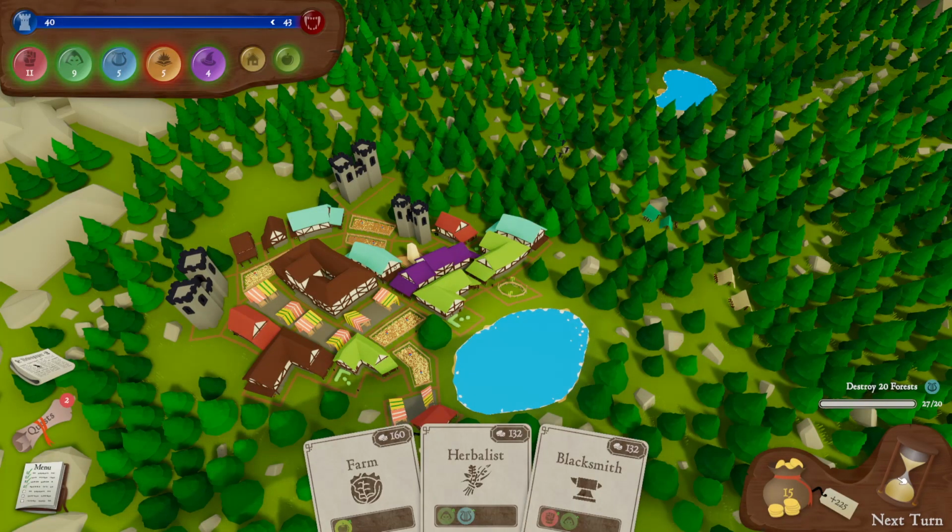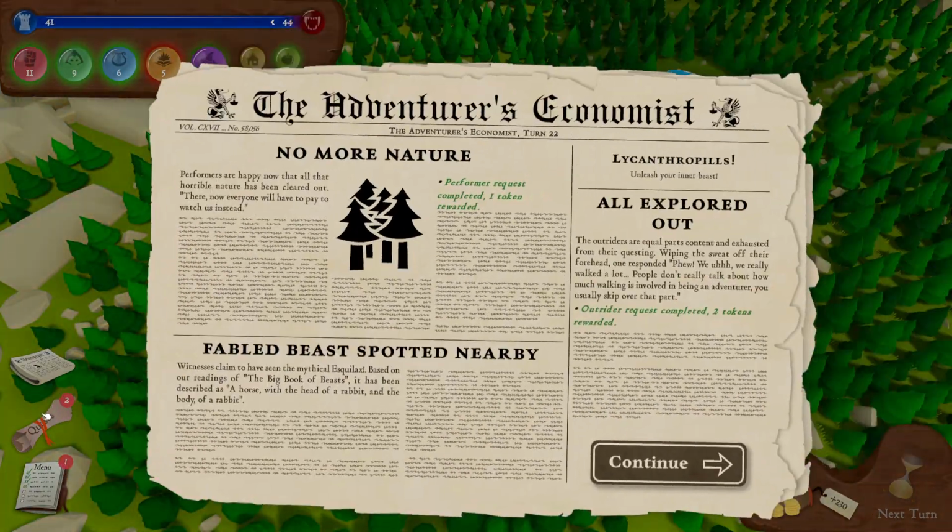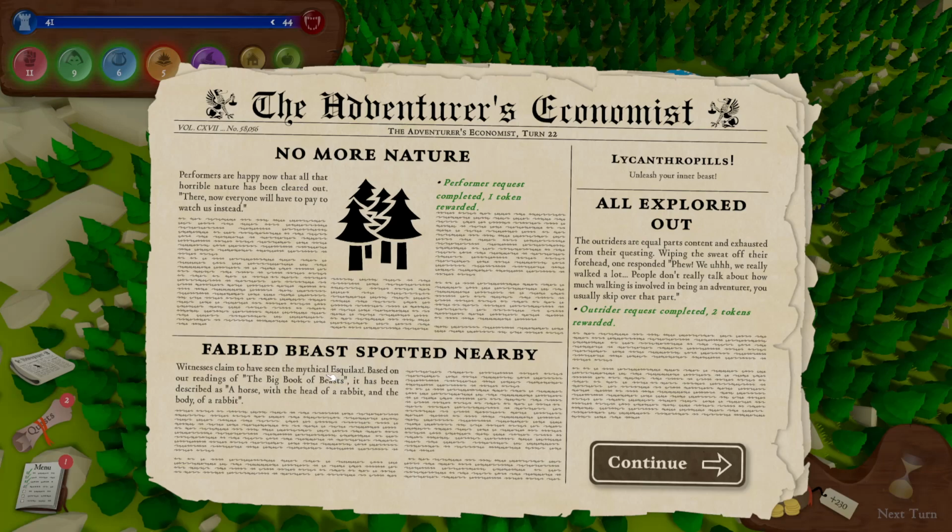That'll do. Let's go to the next one. Okay, no more nature. Performers are happy now that all the horrible nature has been cleared out. Now everyone will have to pay to watch us instead. Fable will be spotted nearby. Witnesses claim to have seen the mythical